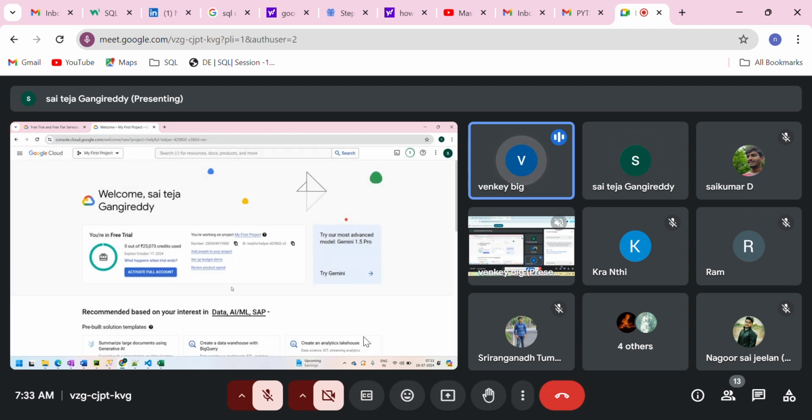Yeah, that's it, guys. See here, you got 25,000 credits for free, depending on the usage that you are doing. Meaning, the services. I will introduce things to you now. What are all the things that we're going to see in Google Cloud? Depending on the services that we are using, depending on the storage and the compute that we are utilizing, you will see the deduction in this budget.